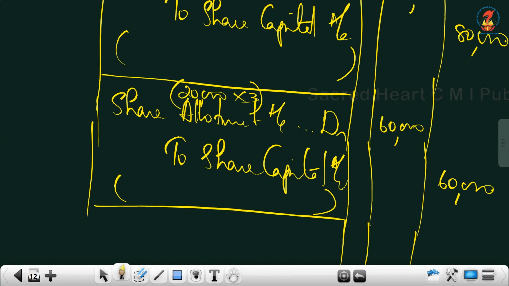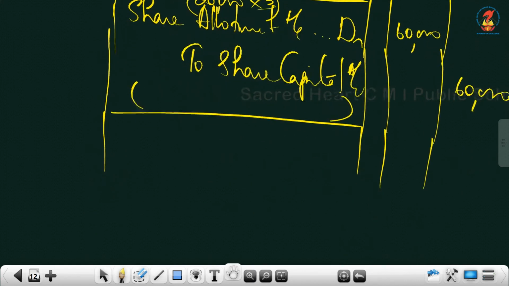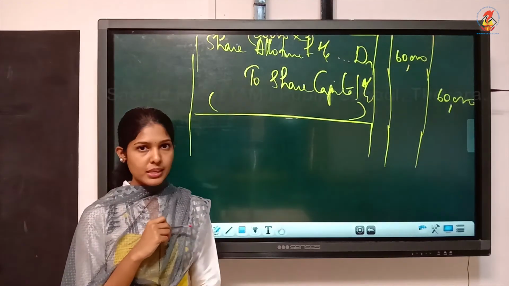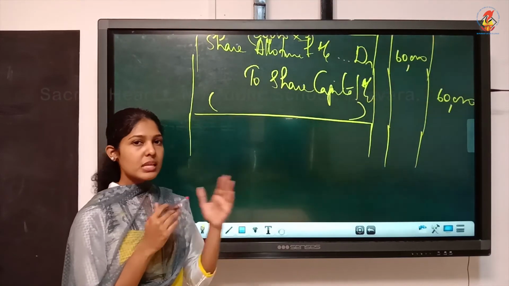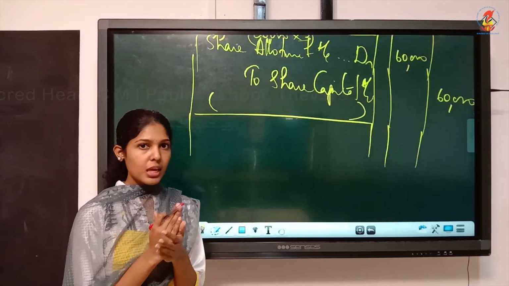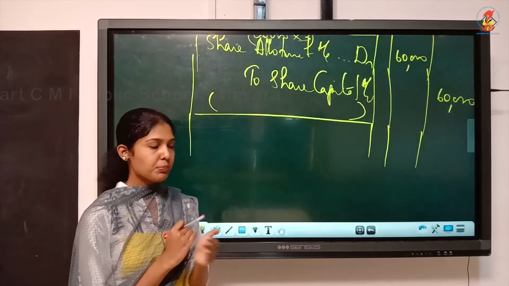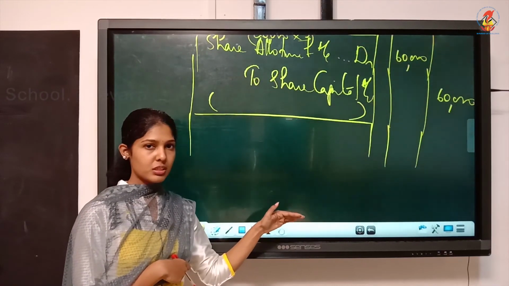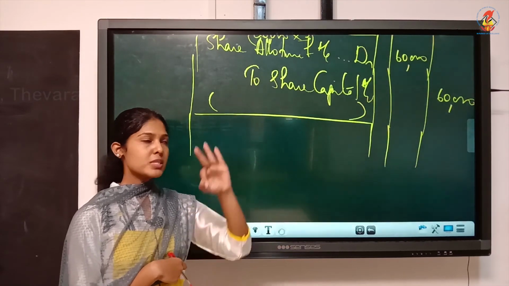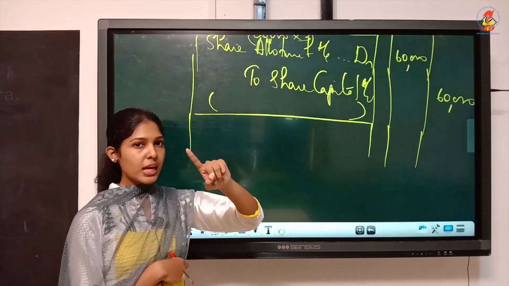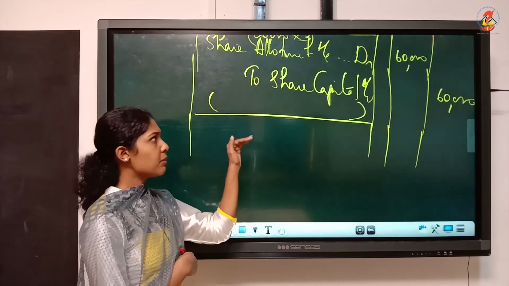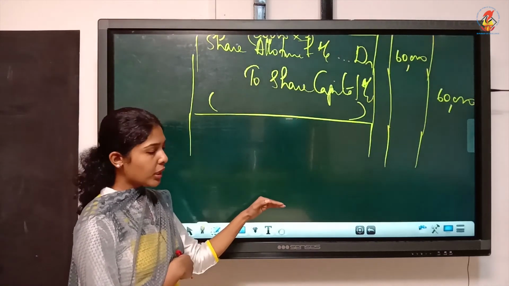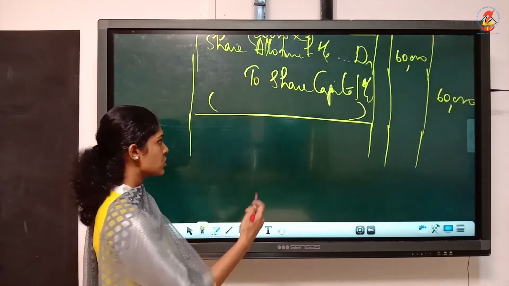Next, usual entry is bank account debtor to share allotment. We are receiving the allotment money. That is the next entry. But now, since there is pro rata in the question, the pro rata entry should come in between allotment due and allotment received. Understood? Refund entry must be written as the third entry. Pro rata entry must be included in between due entry and received entry. Understood? So don't forget that.